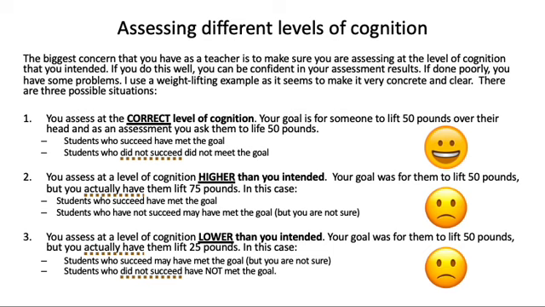And typically what's going on is that things are operating at a different level of cognition. If you assess at the correct level of cognition, when students succeed, you can be confident that they met your goals. If they fail, you can be confident that they didn't meet your goals. But when things get out of alignment, it's not easy to see what's really going on. So if you assess at a level higher than you intended,